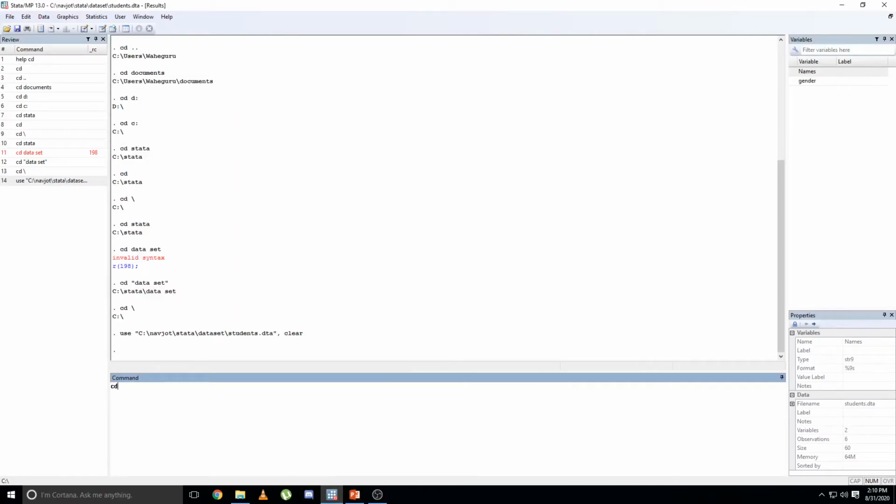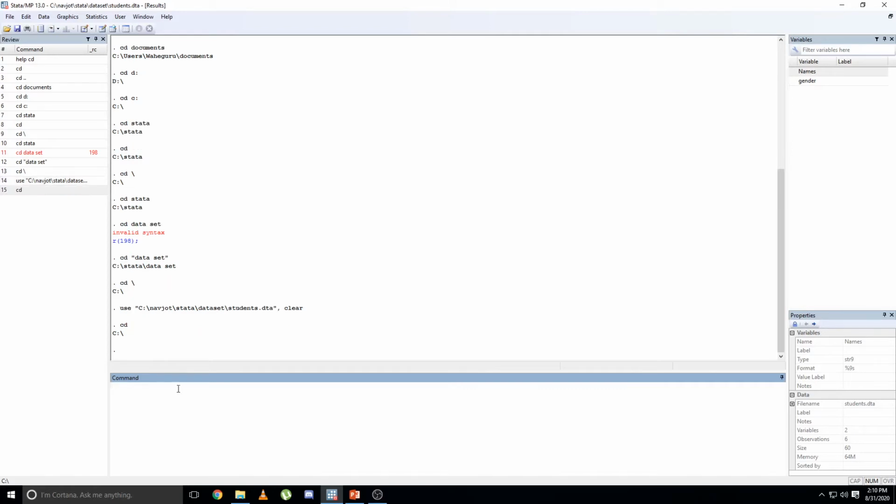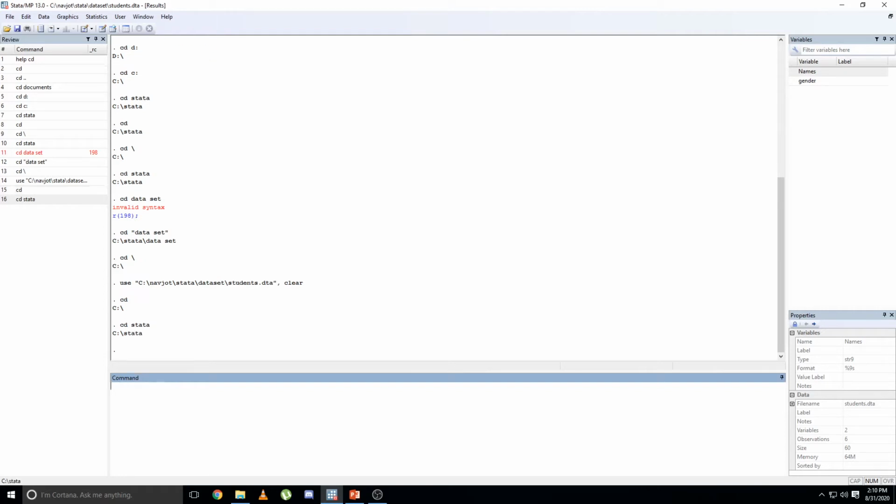First, to check the current working directory in Stata, type cd without any argument after it, and Stata will tell you the current working directory you are in. Currently I am inside the C drive. So to move inside a folder named Stata, cd space the name of that folder, enter.